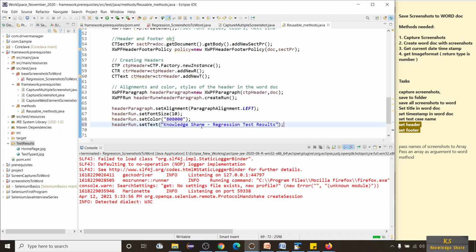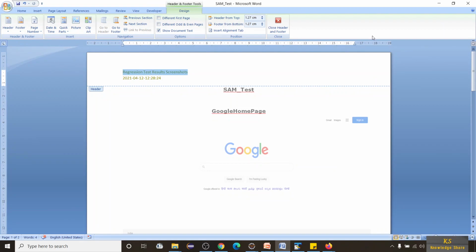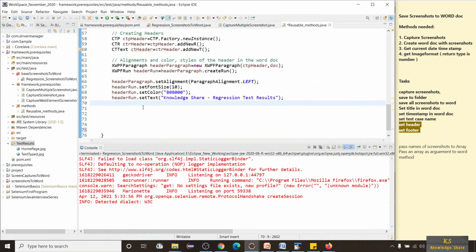Now I want to give a break. I mean, I want to add the next line. For that I'll give headerRun.addBreak. addBreak will bring you to the next line.